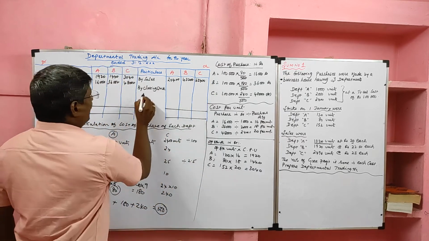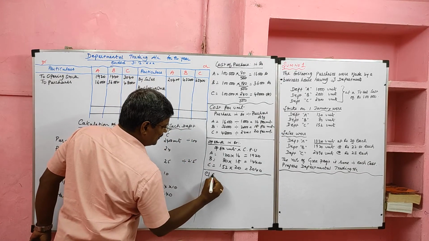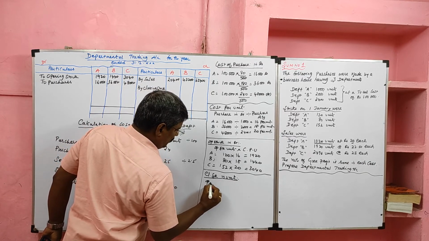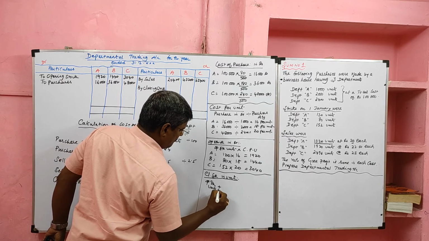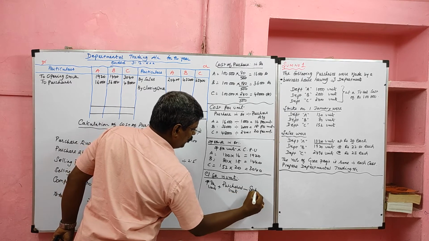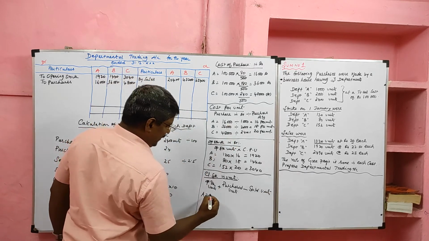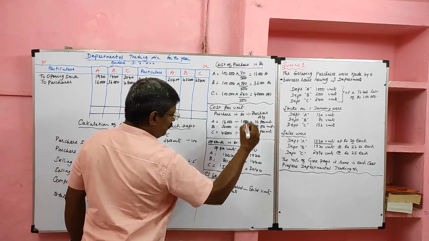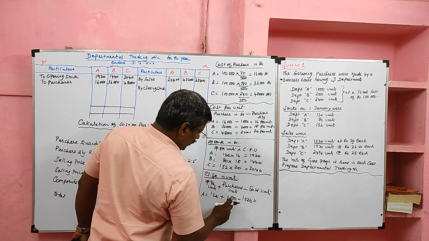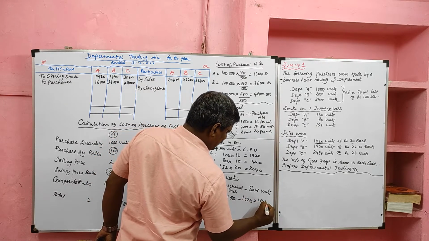Okay. Then one more item is missing, that is called closing stock, that we have to ascertain. First, we have to ascertain the closing stock in units. What is the formula? Opening stock units plus purchased units minus sold units. For department A, opening stock 120, purchased 1000 units, sold 1020 units. So 1120 minus 1020, the balance they had 100 units.